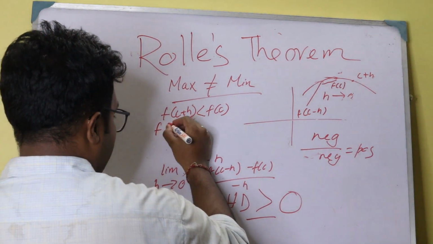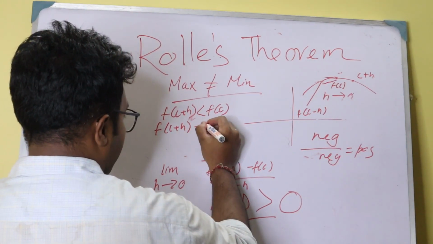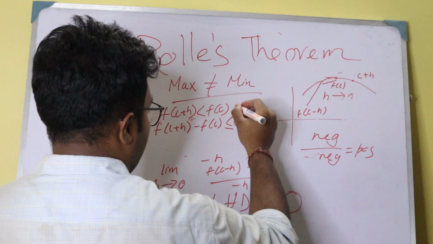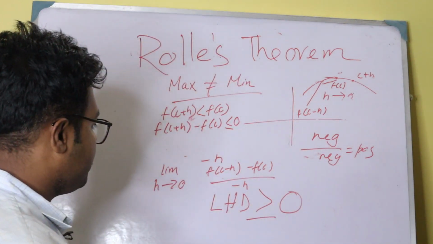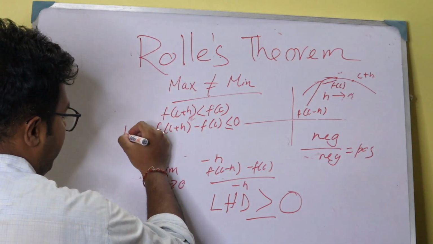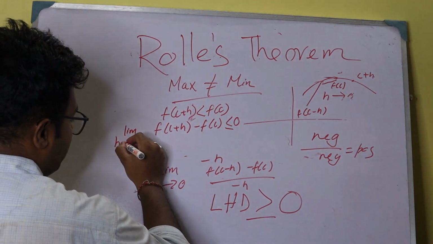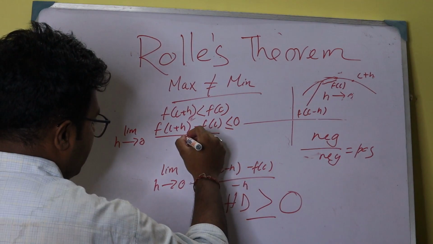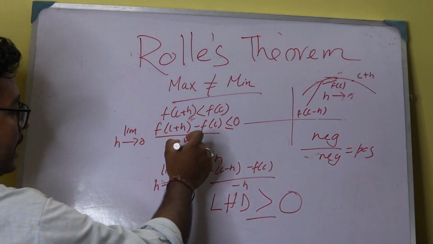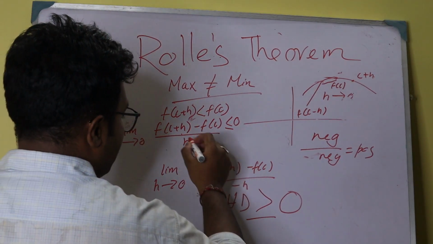So f of c plus h minus f of c is less than or equal to 0, right? Now if we apply a limit here and divide this by h, what we will see is that this is a positive number, because